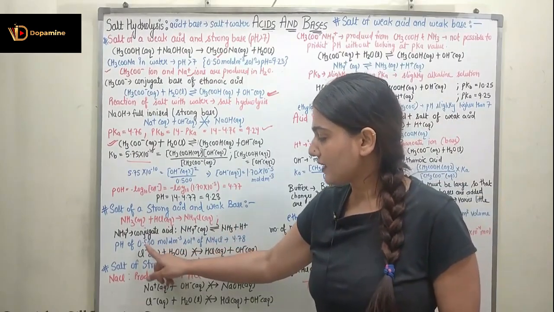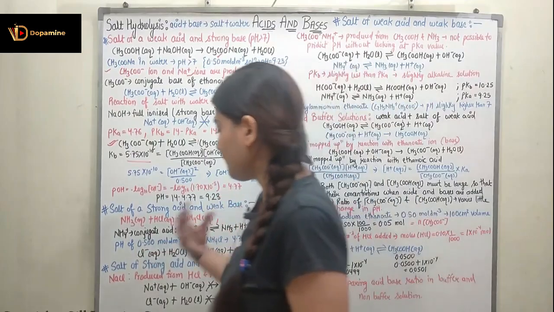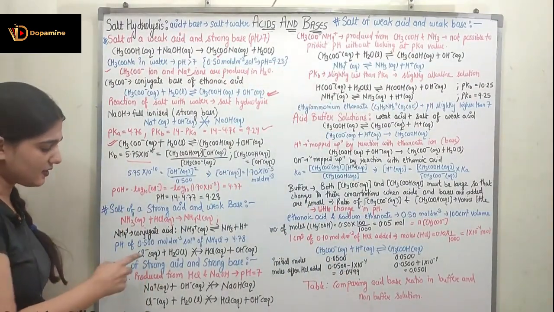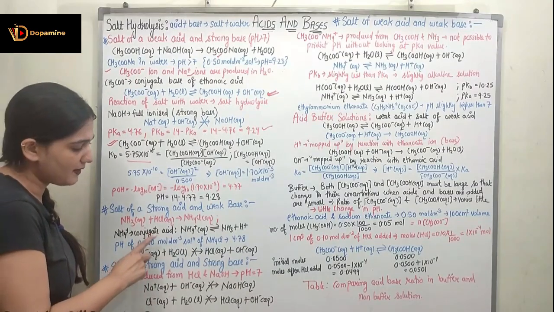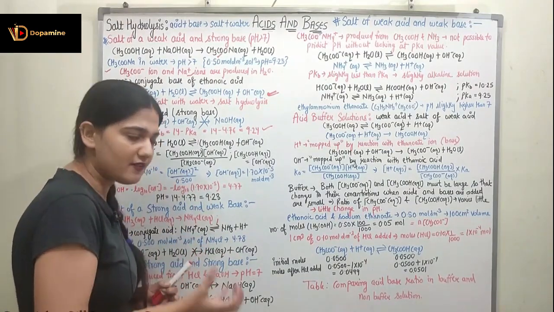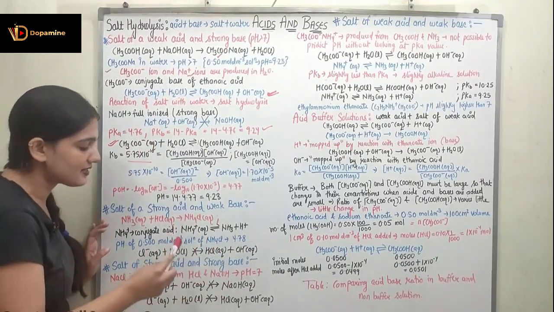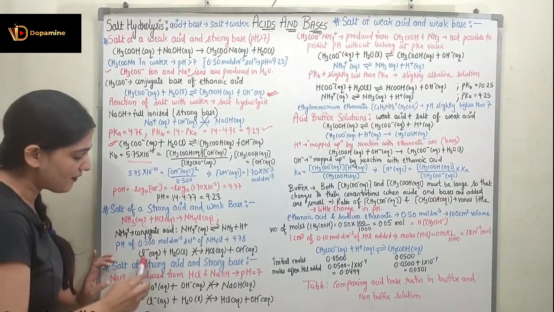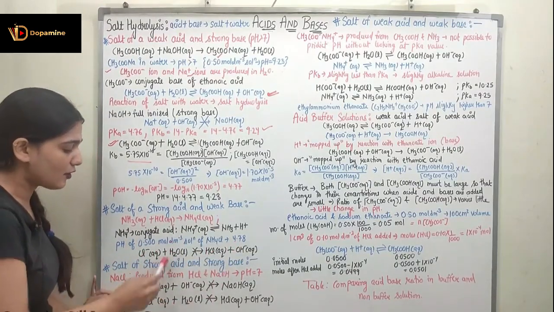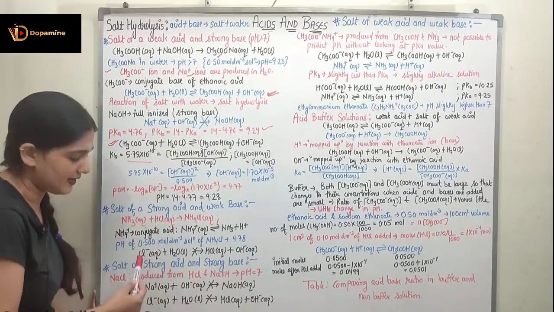Now I have taken the concentration of NH4Cl to be 0.5 mole per decimeter cube. In a similar manner to the previous case, the concentration is 0.5 mole per decimeter cube for NH4Cl. Now, like the previous case, we can find out the pH and it would be equal to 4.78. So it is lesser than 7. Again, I cannot have the reaction of Cl negative with H2O to form HCl and OH negative, because HCl is a strong acid and it will be completely ionizing.